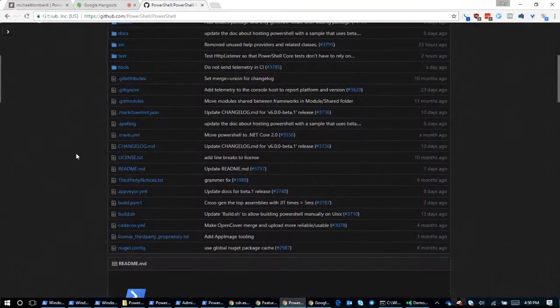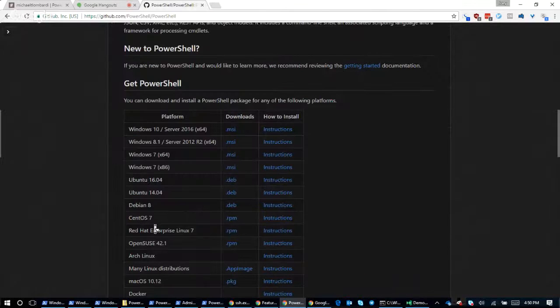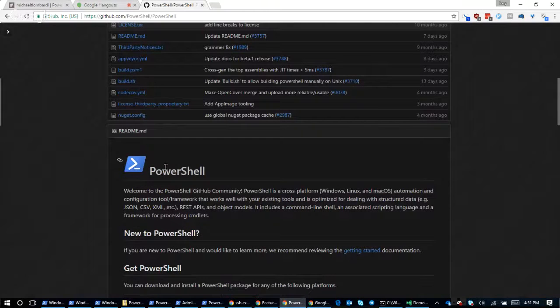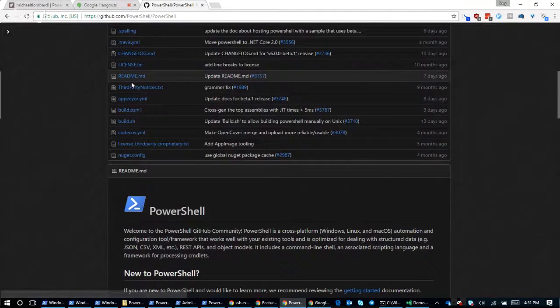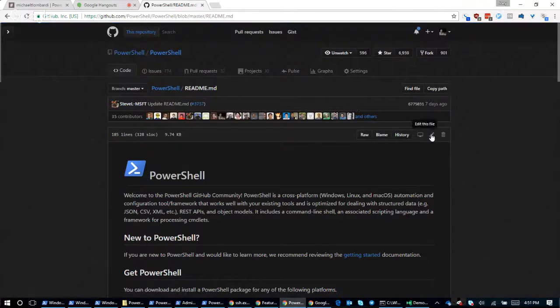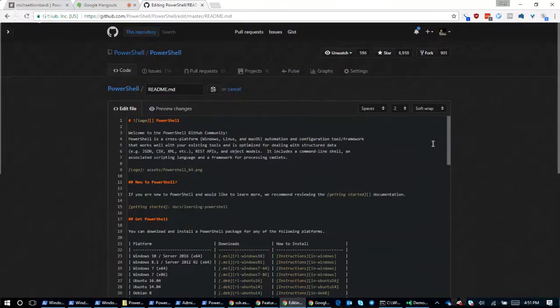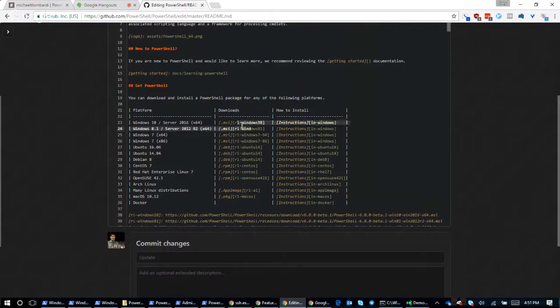Say you have the CLI installed, and you just go, hey, there's this bug here. This should say Server 2008 R2, right? You can just go to the readme.markdown. If you're not me, this little edit button will say fork this project and edit this file in your fork. You basically just click that button, and it creates a fork into your own account, a copy essentially of our repository in your account. You make the change in the text, like you might say Server 2008 R2 or whatever, and then fix the formatting.